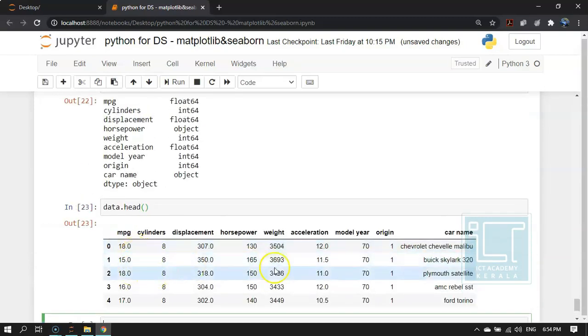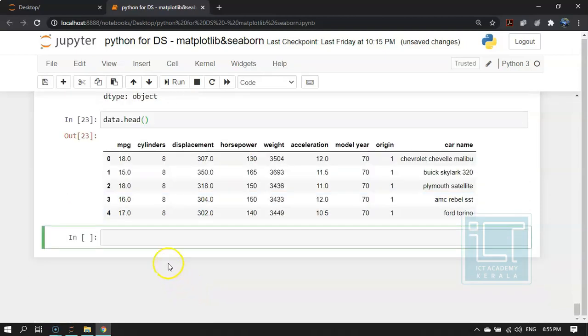So looking at this data set and this data type, can you make out something? Yes. What is that? The data type of horsepower is wrong. Here it is an integer, but here it is given as object.